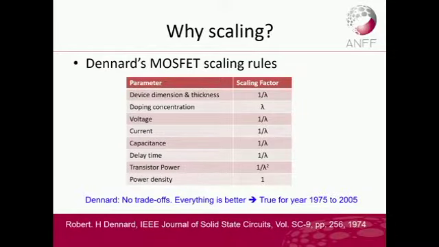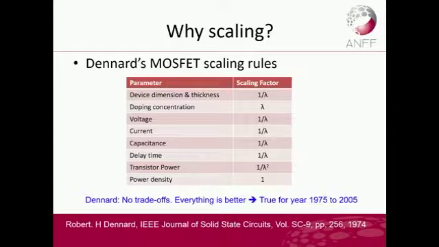A professor called Robert Dennard also observed, at the very beginning of transistor scaling, and he came up with these MOSFET scaling rules, basically saying that if you can scale your device dimensions down by a factor of lambda, everything gets better. So if you keep scaling down, everything is better. There are no trade-offs. For example, if you scale your doping concentration by lambda, and your dimension is 1 over lambda,